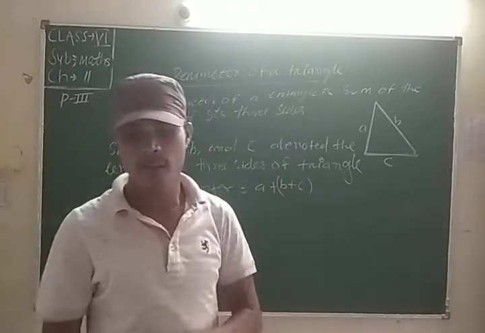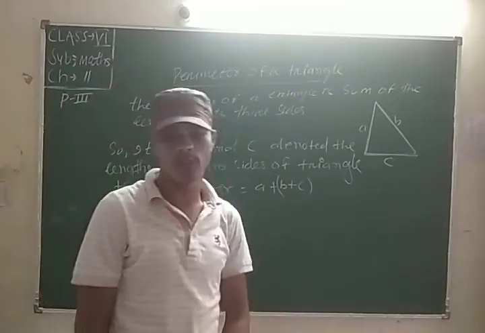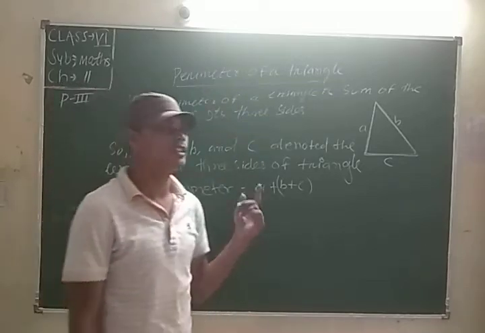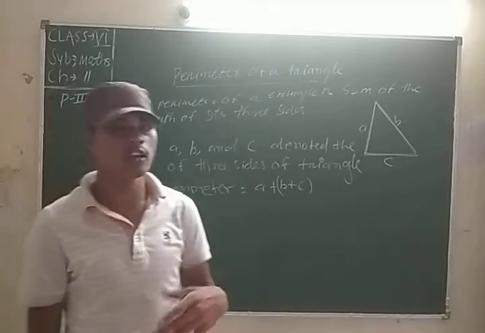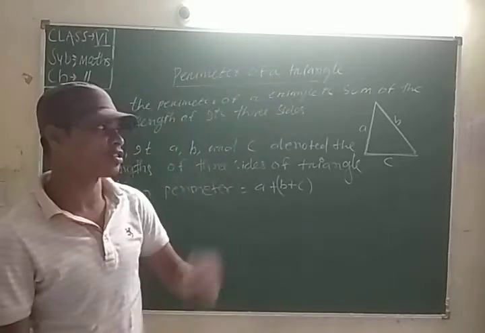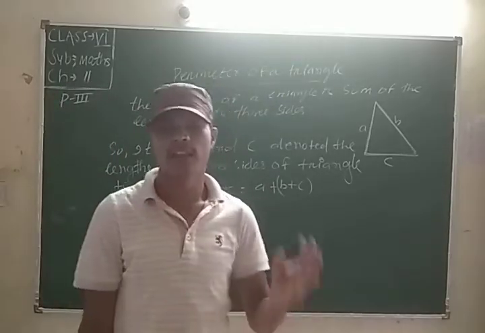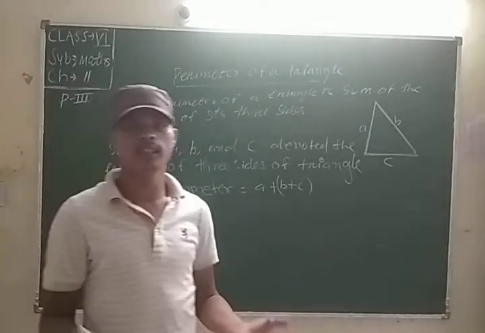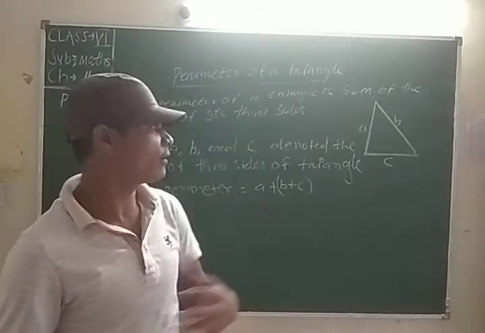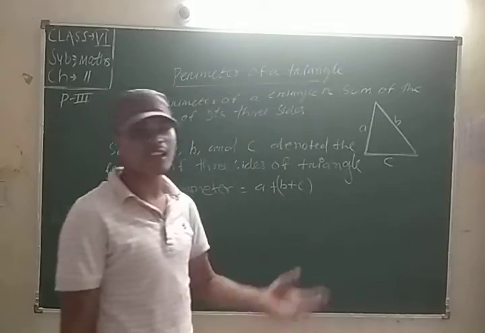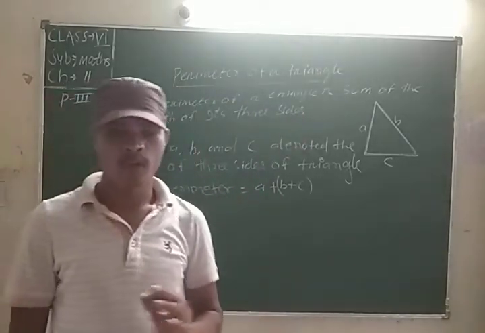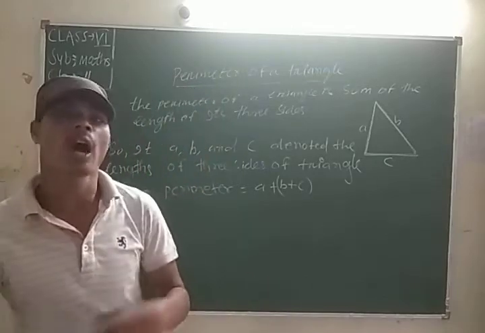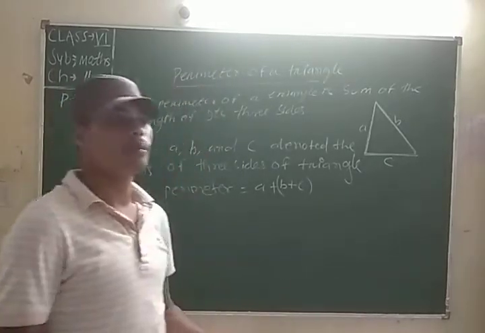Also, if you want to find the area of a rectangle, it is side into side. The area of a square is side into side, or side squared. The area of a rectangle is length into breadth. We can find these easily. Clear about it? Now we will learn about forming algebraic expressions. How can we form algebraic expressions with variables?